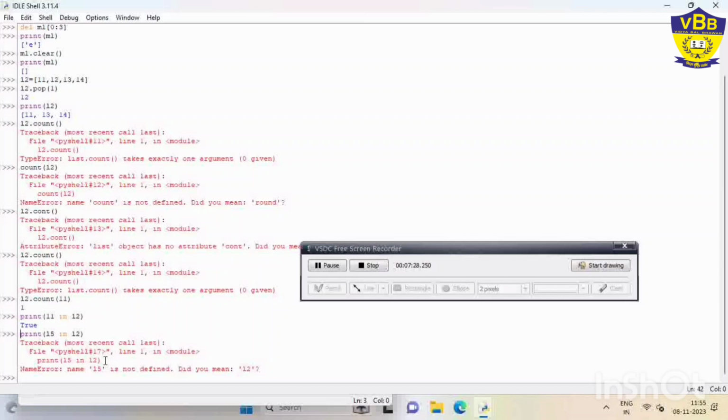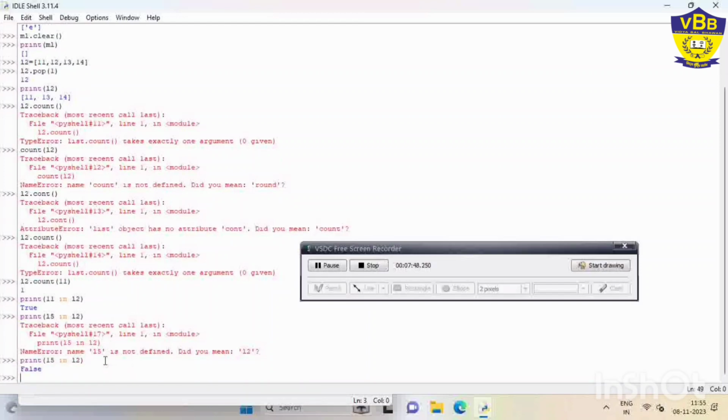Again, print 15 in L2. That is false, right? By mistake I had written 12 there, that's why it was showing me the error. And not in will do the opposite of the in operator.